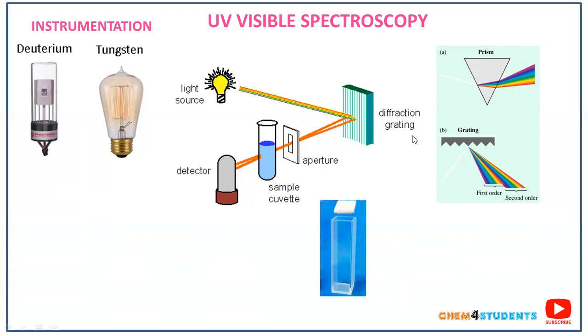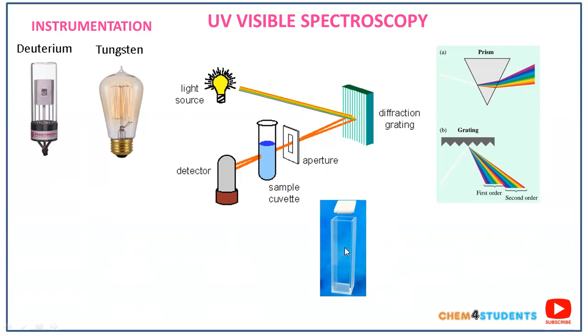And the third important component is the sample cuvette. This is the sample cuvette that we are using in the laboratories. We have two types of sample cuvettes: rectangular type and cylindrical type. Here also the sample cuvette must be made of quartz material when we are operating with UV radiation. And we have small volume sample cuvettes and large volume sample cuvettes, depending upon the volume that we are using. Small volume sample cuvettes have 0.5 ml volume, and large volume ones have 5 to 10 ml of volume.